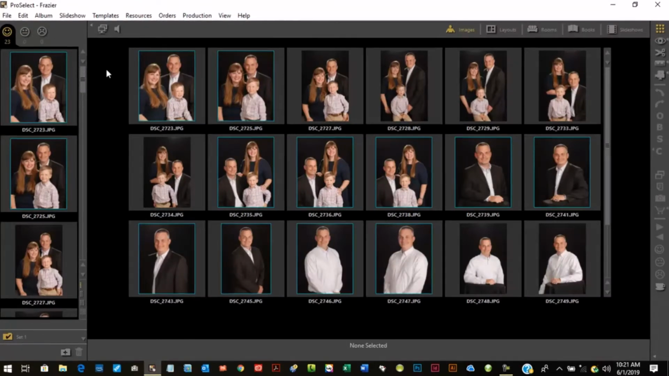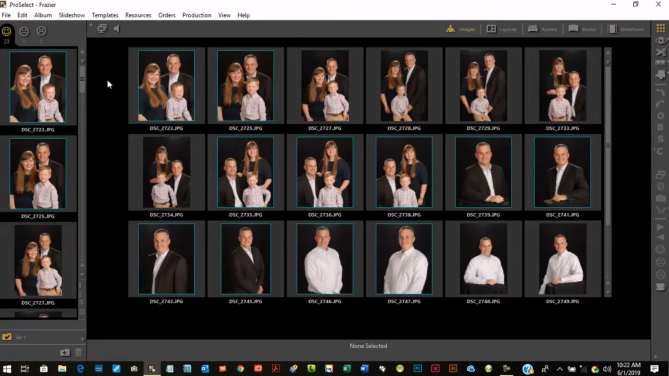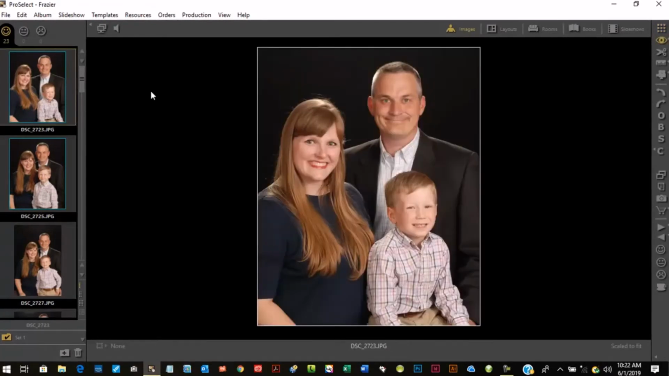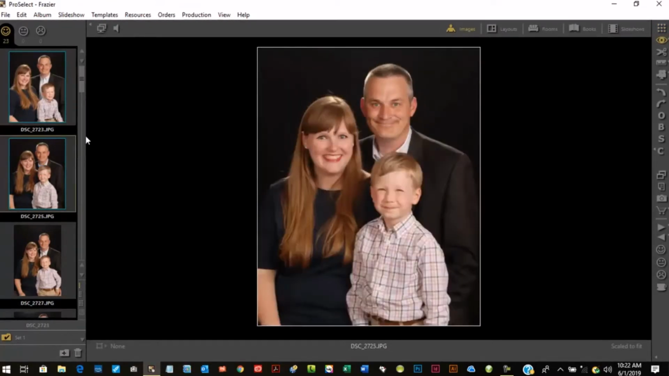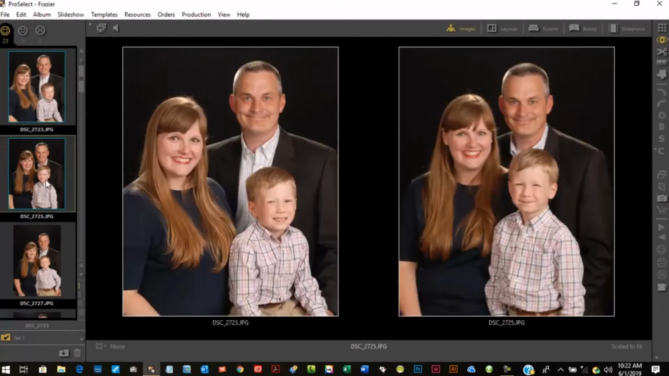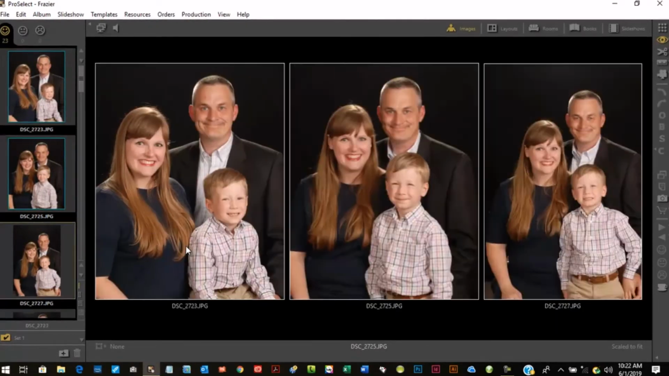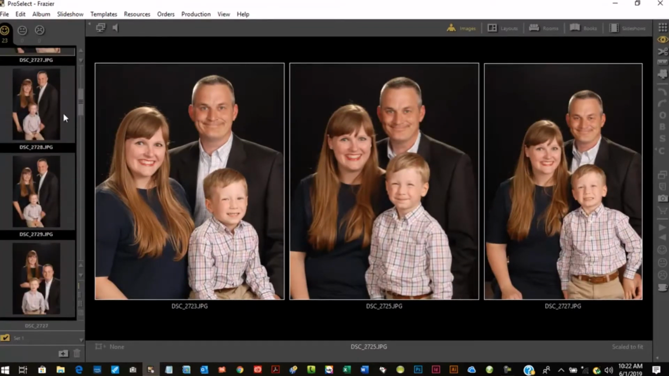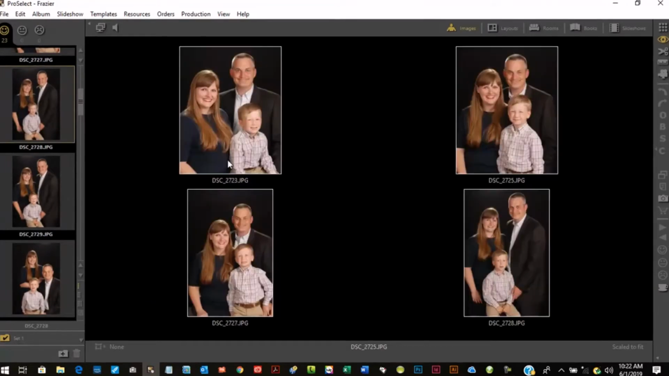Okay, so there's all the images that we took of this family, and you can click on them individually like this, or over here. You can put them side by side, or as many as you want. Scroll down here,